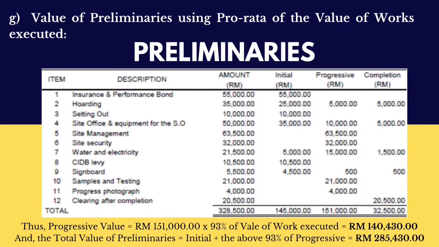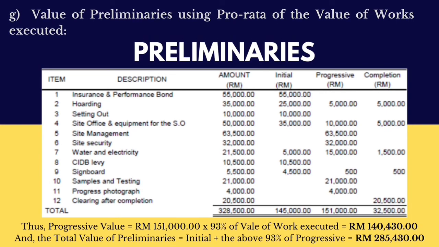Value of preliminaries using pro rata of the value of works executed as the progressive value, which is 151,000 ringgit Malaysia times 93% of value of work executed, equals 140,430 ringgit Malaysia, and the total value of preliminaries will be the initial plus the above 93% of the progressive, equal to